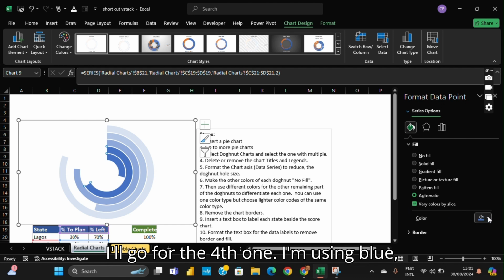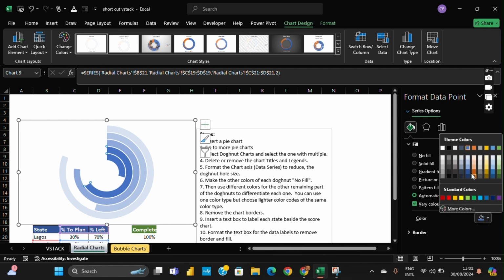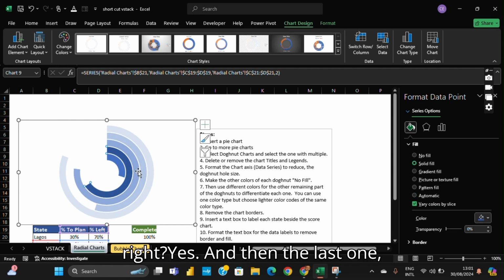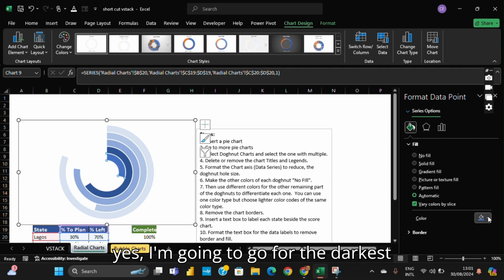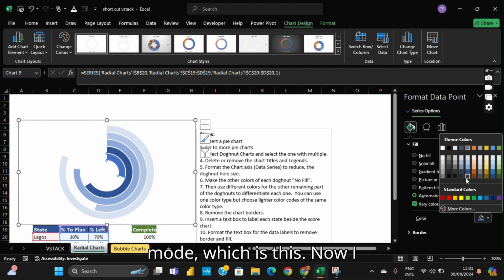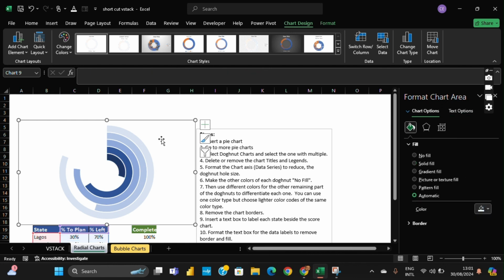Select the next one. I'll go for the fourth one. I'm using blue. Right? Yes. And then the last one. Yes. I'm going to go for the darkest mode, which is this. Now, I see that I'm having